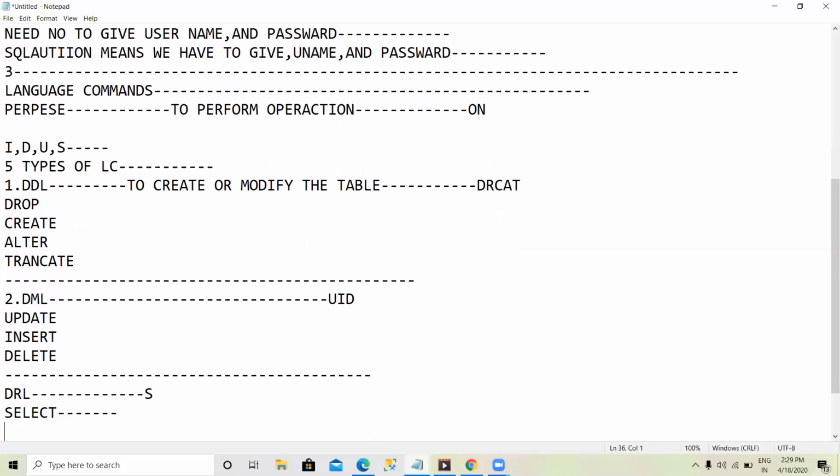Then you will go for DCL. DCL means data control language. If you want to control transactions, avoid unnecessary transactions, or control any transactions made by a bank or any real-time applications, we will go for DCL.